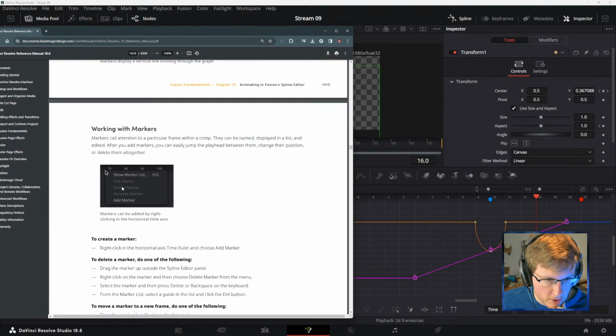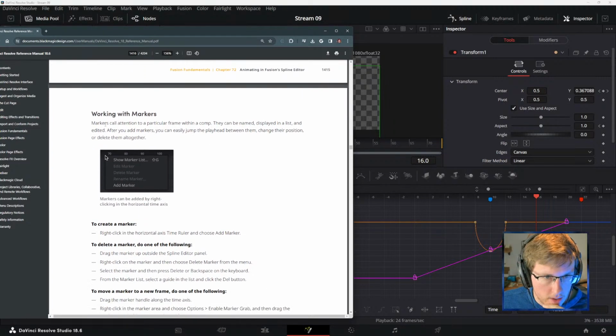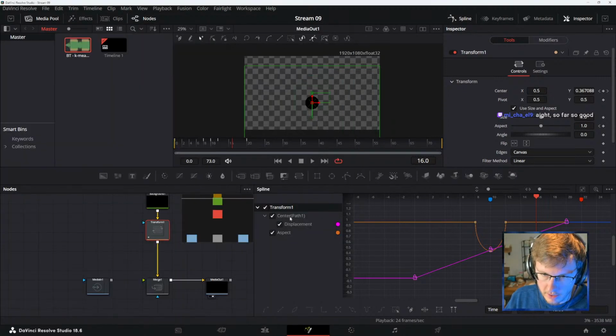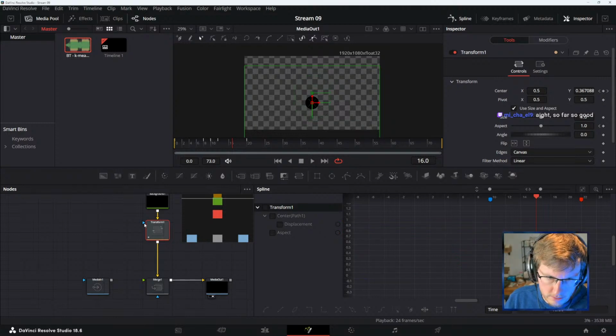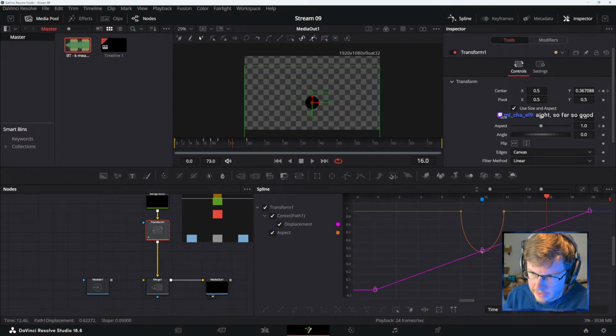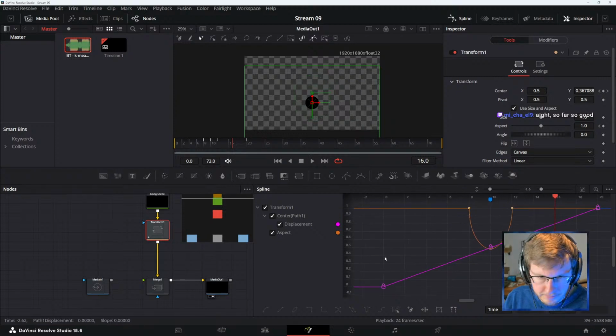And then working with markers, same thing. They call attention to particular frames. With this part, this is basically the same as the keyframes. Just getting familiar with what I just did. A note: you've got to have your thing selected. Simple stuff, but covering it.